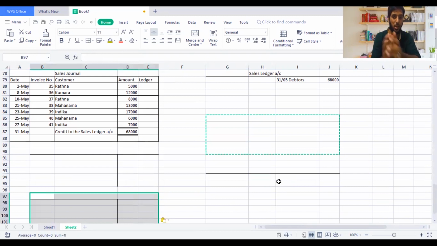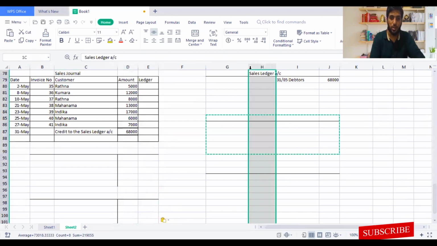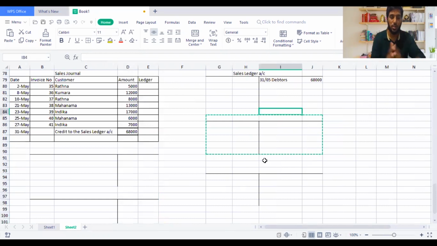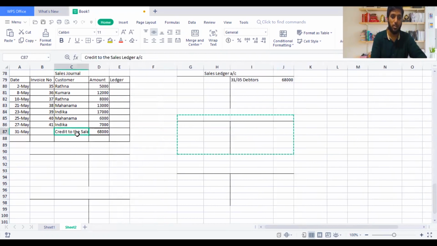So now my ledger accounts are a bit here and there. You might see these ledger account sizes, but don't worry, guys, about the size of my ledger account. Just take considerable space for the debit and the credit side, and both sides should be the same way. Don't do like what you see in my ledger account, where I have taken a big space on one side and a small space on the other. That lining is not a problem in this question. Here I have taken the sales journal now, so that's the reason. If not, it will become very small.